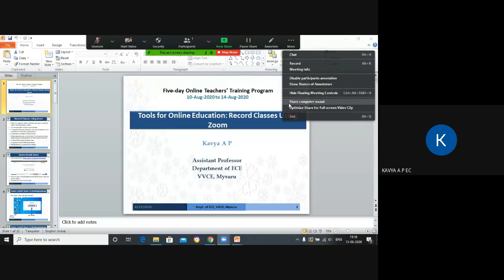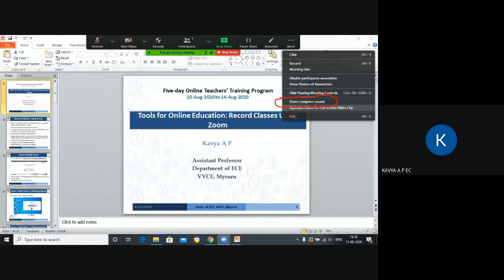You have this option here, share computer sound. If you are sharing YouTube videos or videos in your system, you should use this, share computer sound. Whatever you're hearing from me, my voice is being recognized by the microphone and that is what you are hearing. But whatever your system is playing, if you are sharing a video or a YouTube video, then you should use this option, share computer sound.